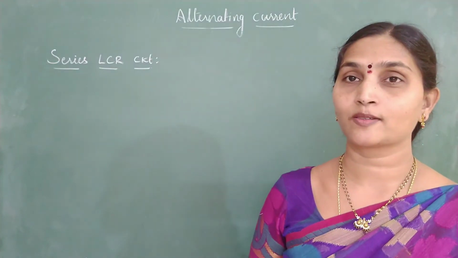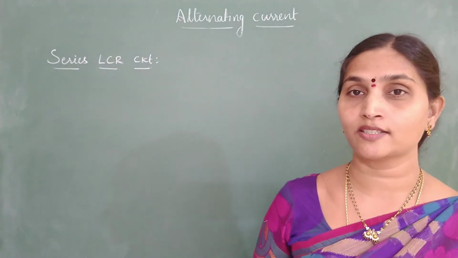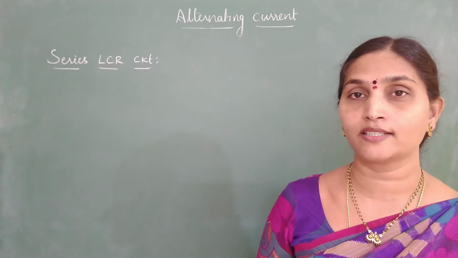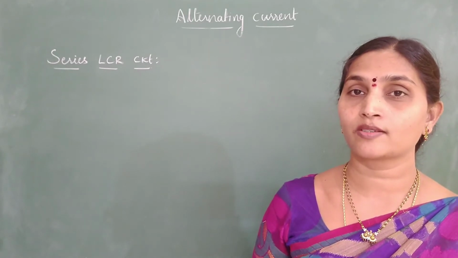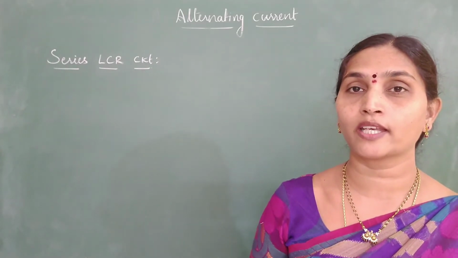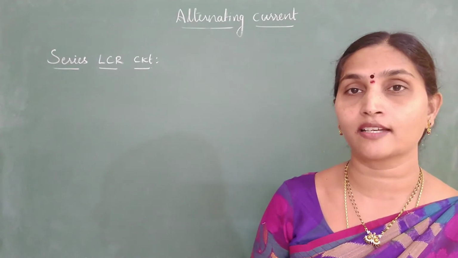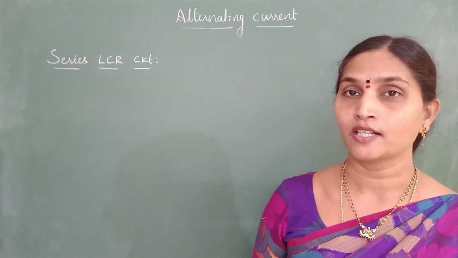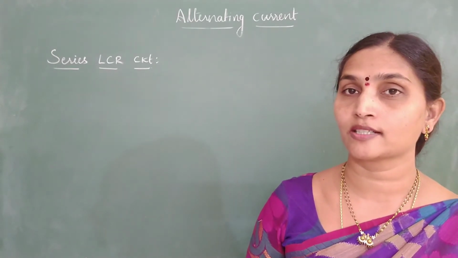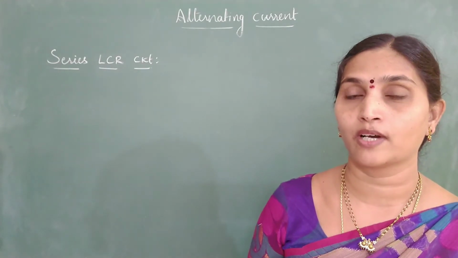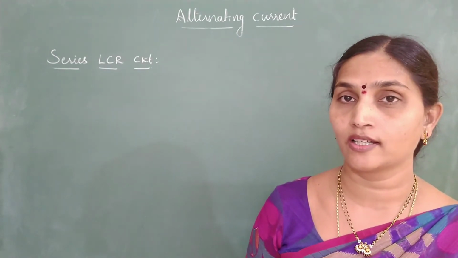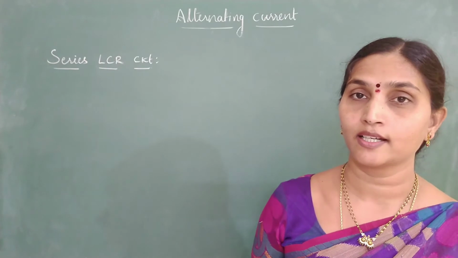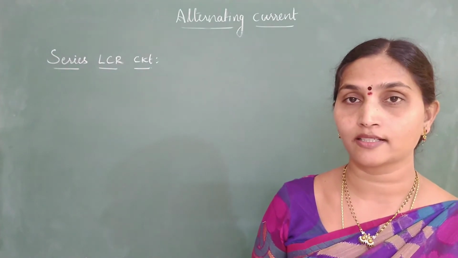Welcome back, children. Coming to today's class on alternating currents, we'll be studying some resonant circuits. We know resonance is possible only when there are two energy storing devices, that is, an inductor as well as a capacitor. So while studying the resonant circuits, we'll be discussing them one by one. First we'll concentrate on the series LCR circuit, then on a parallel LCR circuit.